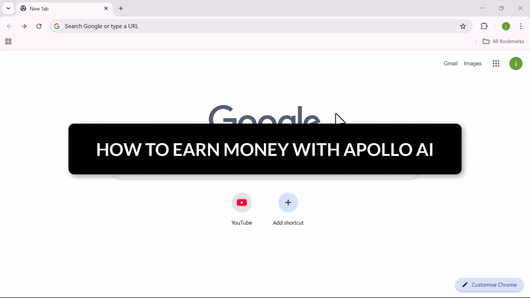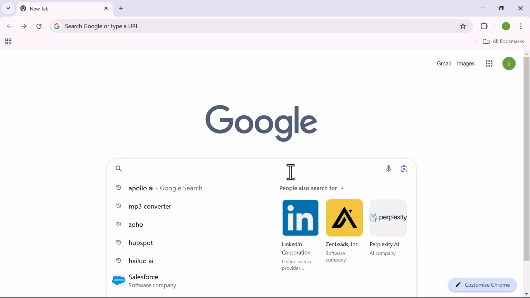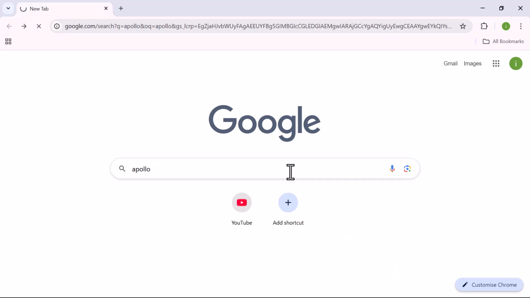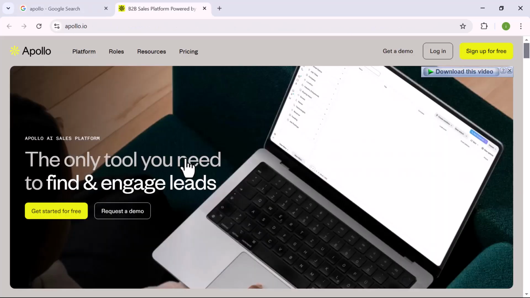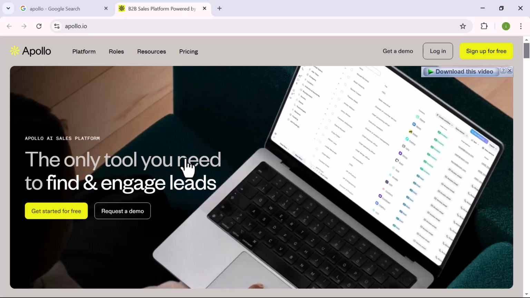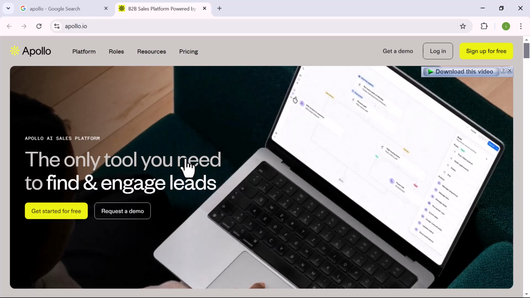How to earn money with Apollo AI. First of all, let's open any web browser and search for Apollo AI website. Once you get the search results, open the first website link to go to the official website. Once you are on the homepage, you need to create an account, or if you have already one, log in